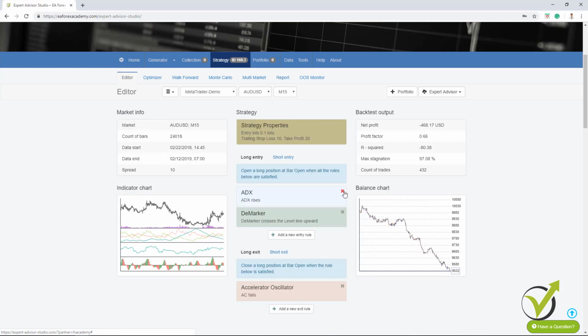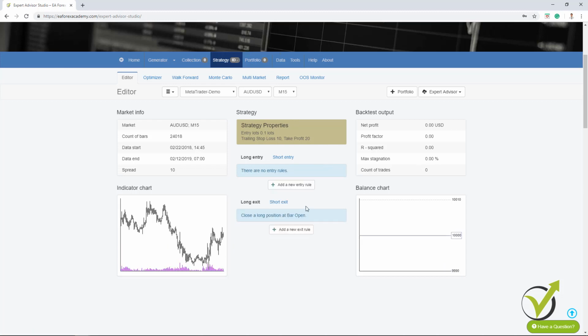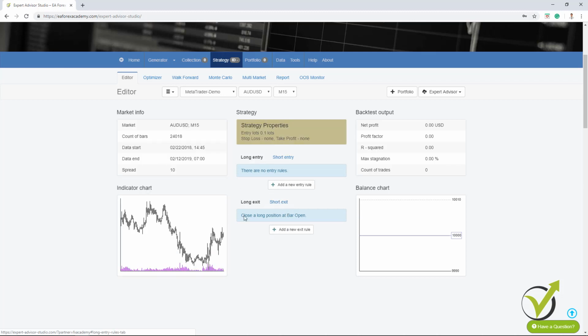Alright, so let me remove this strategy, because as we said, this was not actually a strategy, but just randomly I have placed some indicators, stop losses and take profits, just to demonstrate to you how you can build your own strategy. Now, if you don't have a strategy, what you can do is generate your own strategies